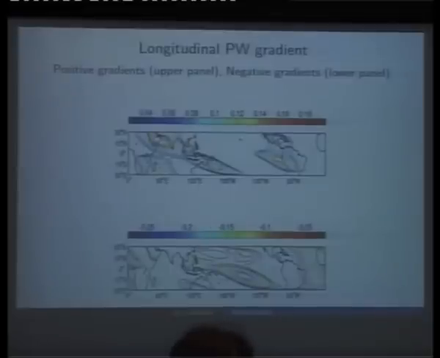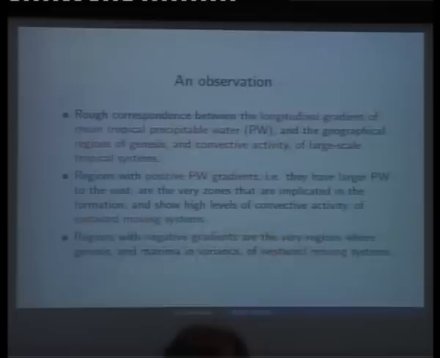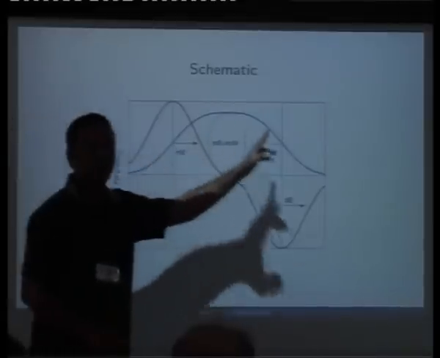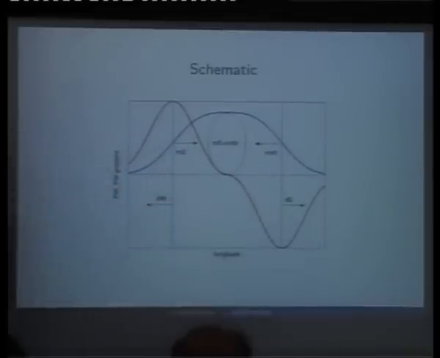So if you just take a very simple first order picture that one has envelopes of precipitable water and their gradients might have something to do with convective activity, then one can draw a very simple schematic. And the schematic is as follows. That is, consider the blue line. The blue line is an envelope of precipitable water. The red line, of course, more compact, is the gradient of precipitable water.